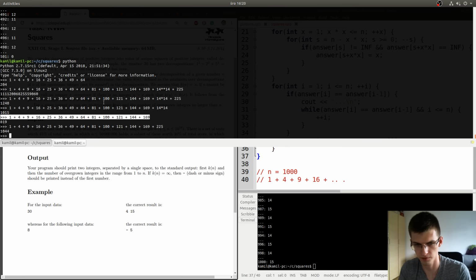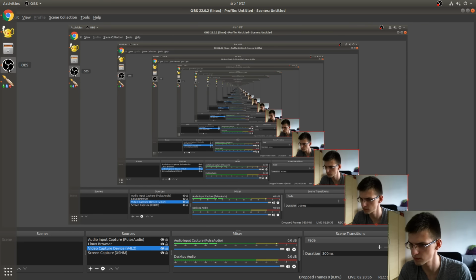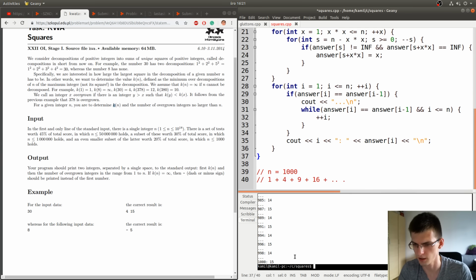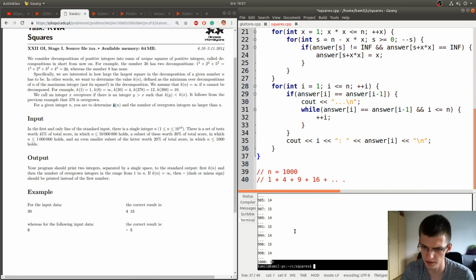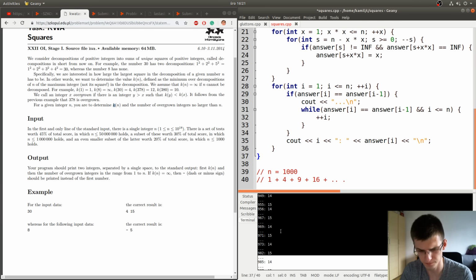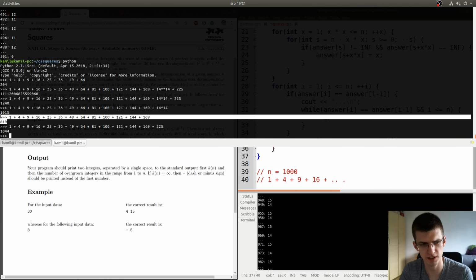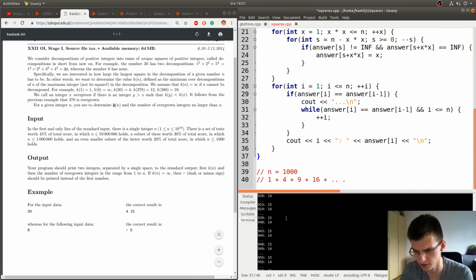Do you see here? Yes, you should. So here you see that the answer around 1000 fluctuates between 14 and 15, and maybe it happens like this up to 819, where 14 is enough. Let's see.